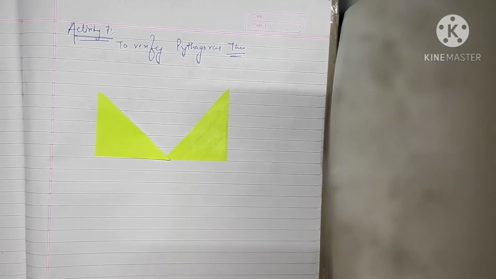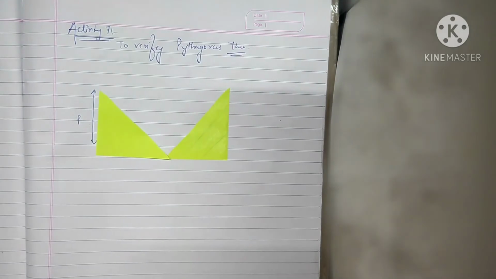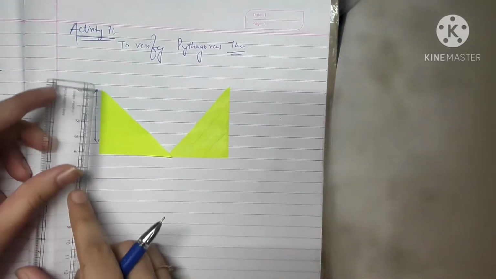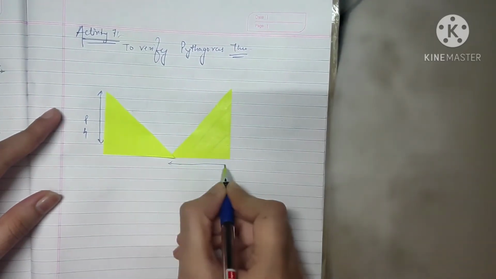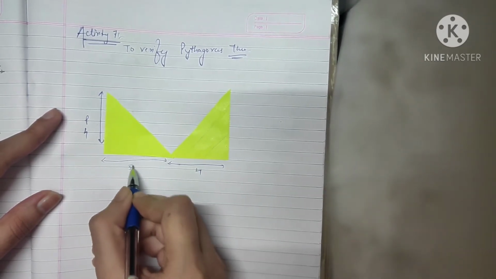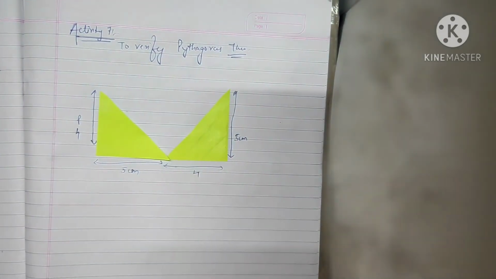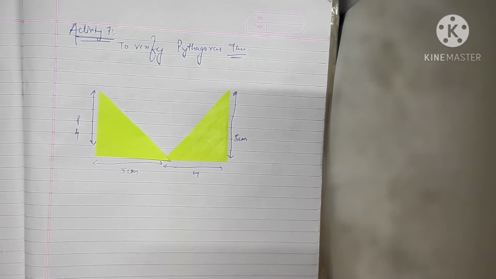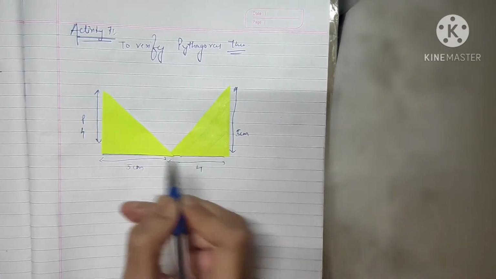You have to pick out the right triangles in such a manner that if this is my perpendicular and this perpendicular value is 4, then another triangle's base value will be 4. So if this is my 5 centimeter, this perpendicular will be my 5 centimeter. Means we are basically changing the perpendicular and base value of both the triangles, and we have to place them in such a manner that their base will be touching. Means they are on the same base, like this, touching one another.